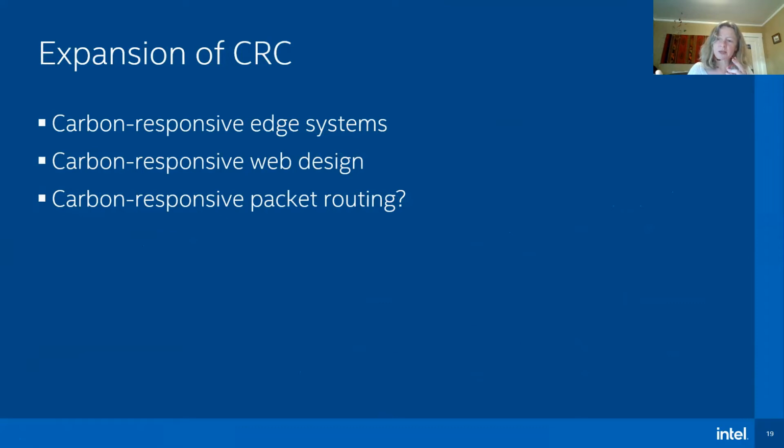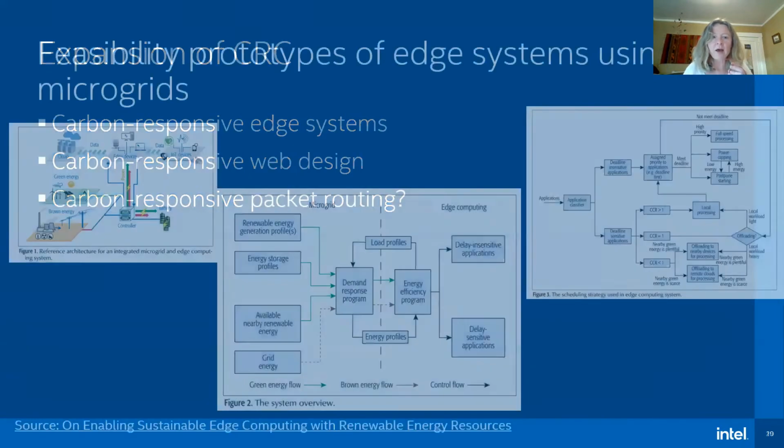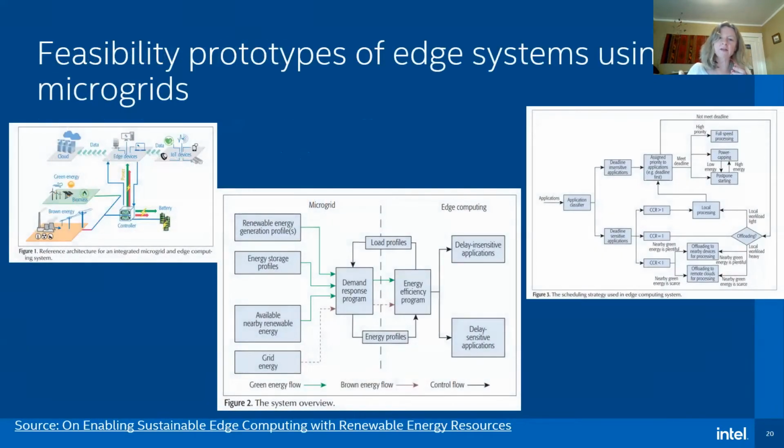One of the things we're also seeing, if you jump into other elements of the computer science literature, is you're starting to see some forays into carbon responsive computing. So CRC, carbon responsive computing. We're starting to see prototypes in edge systems, some interesting web design, and I'll throw out some ideas about networking. But just to flag that, there are a couple of feasibility prototype type works in edge systems,